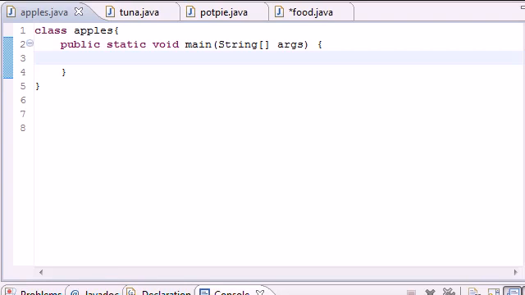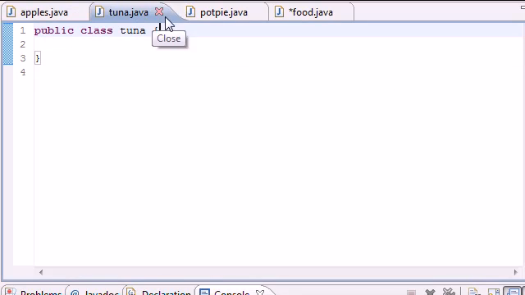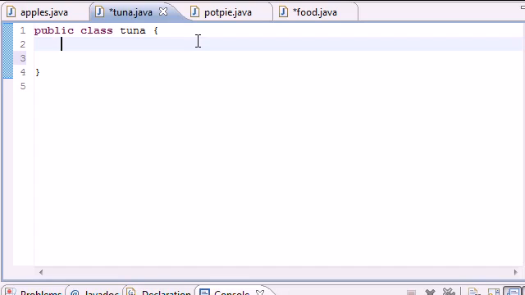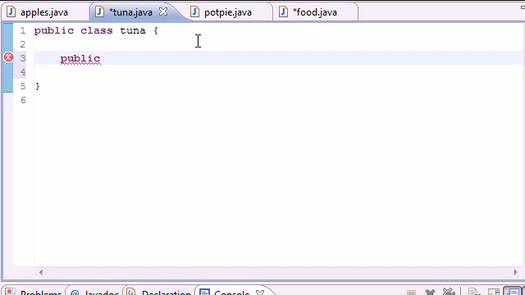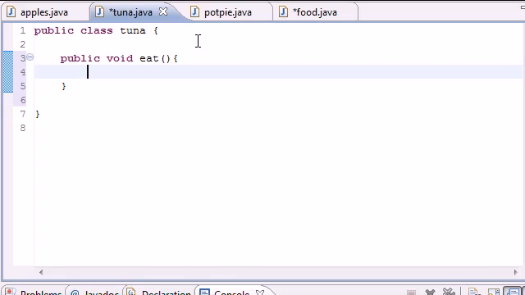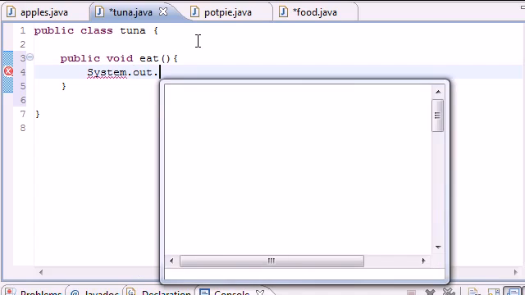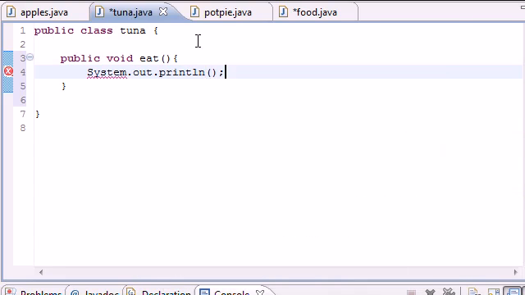Now what inheritance is, is pretty much inheriting stuff from another class. So why is this useful? Well, say we have two classes right here, tuna and pot pie, and in the tuna class we have a method like public void, we'll just name it eat. And let's say in this method all it does is go System.out.println and print something like "I am the eat"